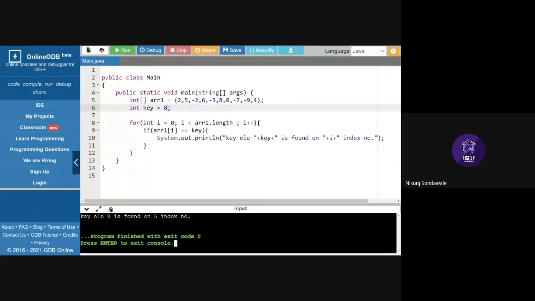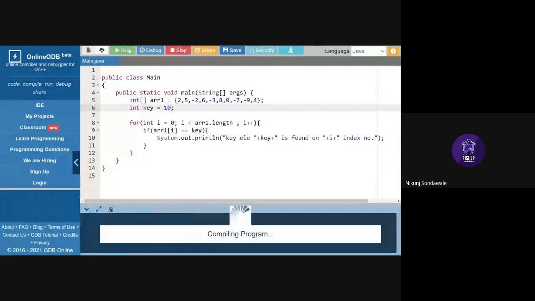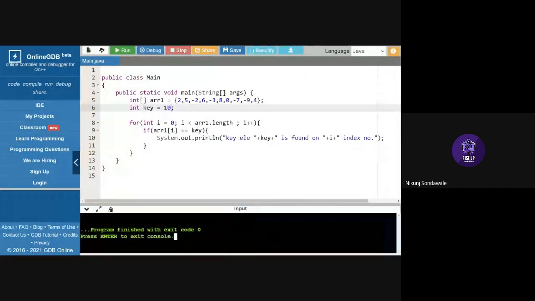If I want to find 10 in my array, which is not among the elements in my array 1, then what happens? Nothing will happen, right? Because we don't have that element in our array.